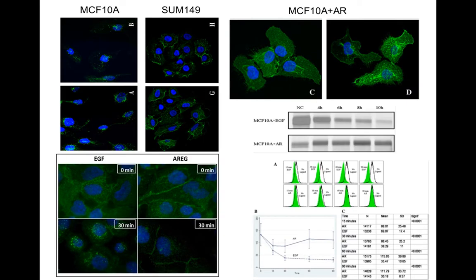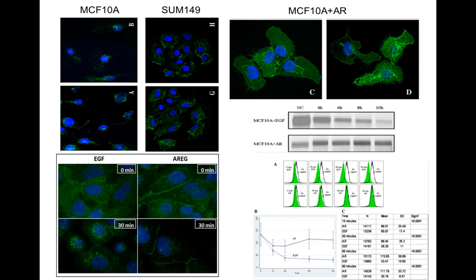And one of the first things that we discovered when we were looking at this is that amphiregulin, again, fundamentally changes how the EGF receptor behaves. So these are our MCF10A control cells. Here are some SUM149 cells. Again, SUM149 cells are always making amphiregulin. They're making it all the time, dumping it into the medium, and we've proven that secretion of amphiregulin is required for these cells to be able to grow. So we did a very simple experiment. We did an immunofluorescence experiment looking for where the EGF receptor was localized in these cells.